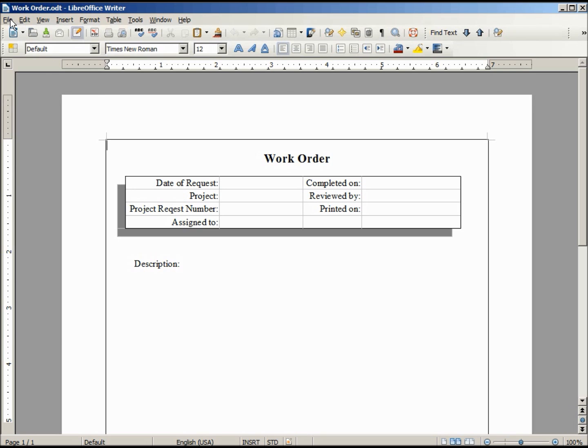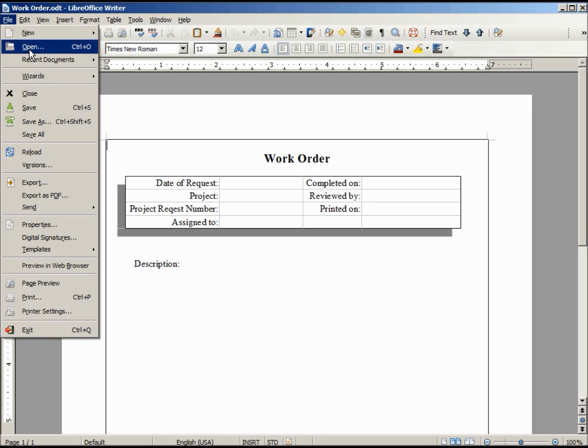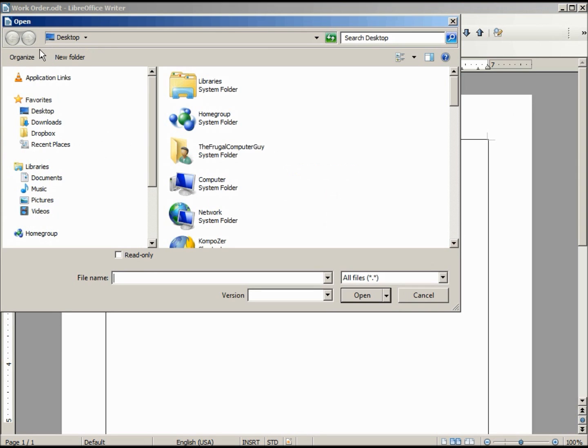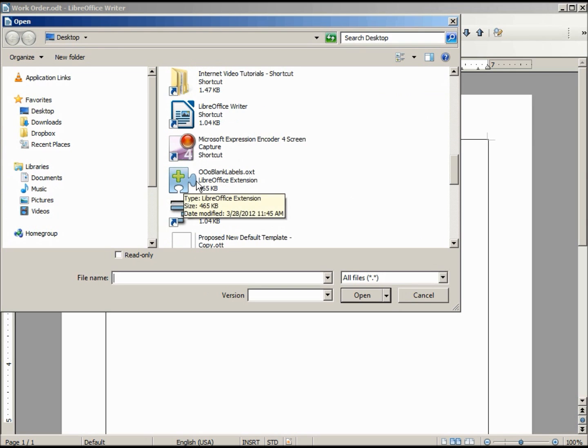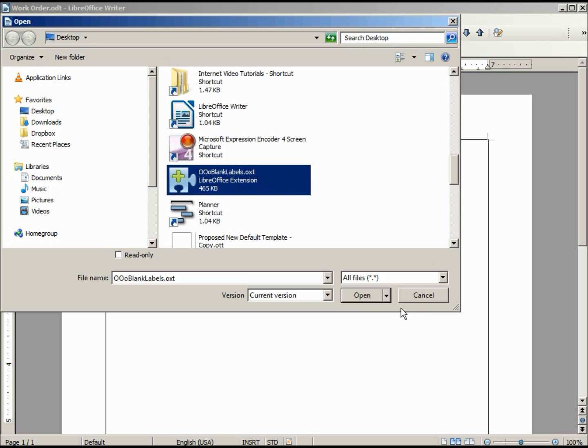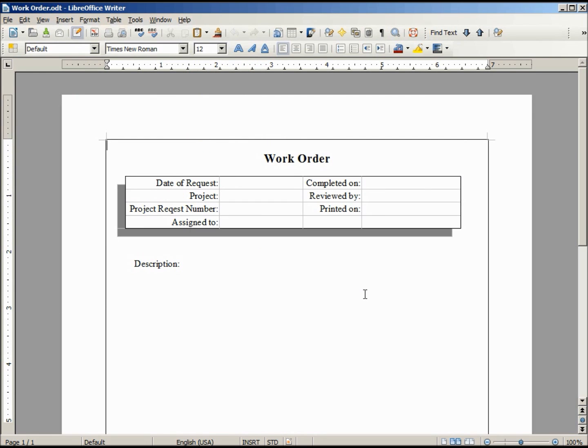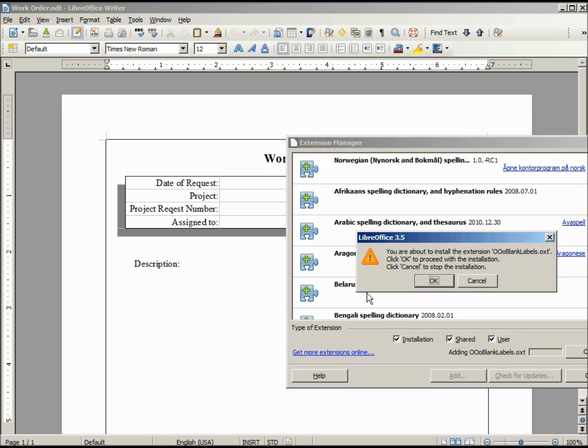Another way to get this in: File, Open, go to my desktop, find my puzzle piece here, and I'm going to open it this way. And again, I get the same result. It's asking me if I want to add this to LibreOffice 3.5. I'm going to say OK.